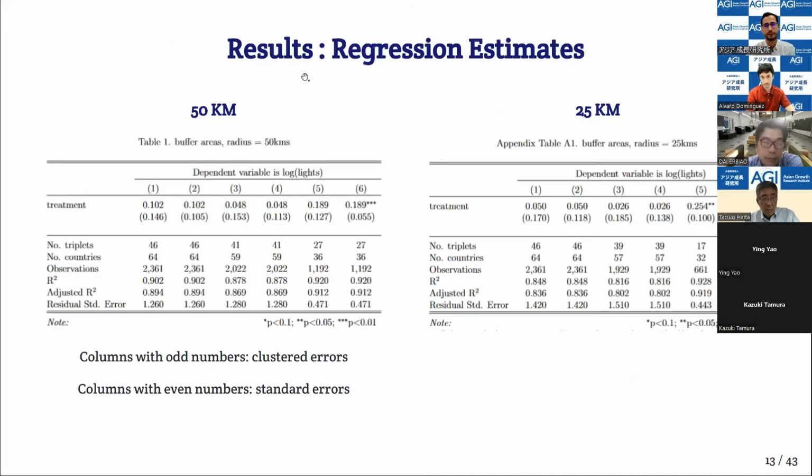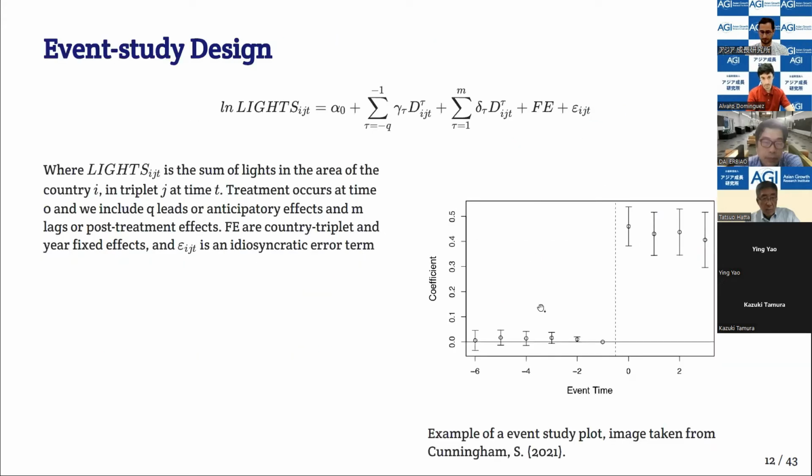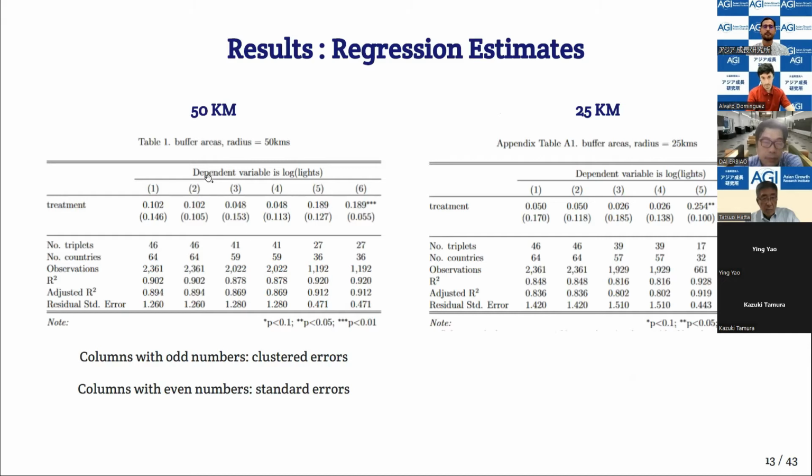Great. So what are the results? I have many columns, as you can see here, because I have different samples and I use different standard errors or cluster errors. Different samples, meaning that, for example, columns 1 and 2 have the same sample, but different standard errors, but 3 and 4 is going to be a reduced sample in which I remove observations for which I do not record any light.